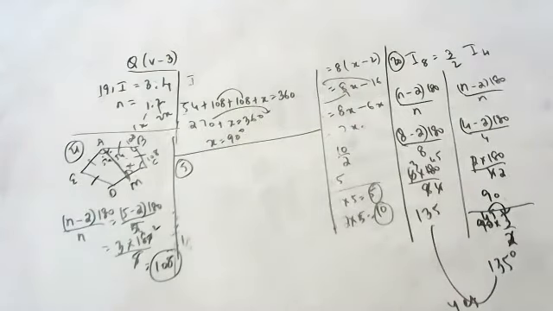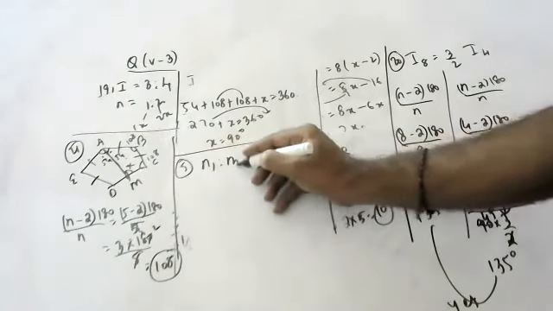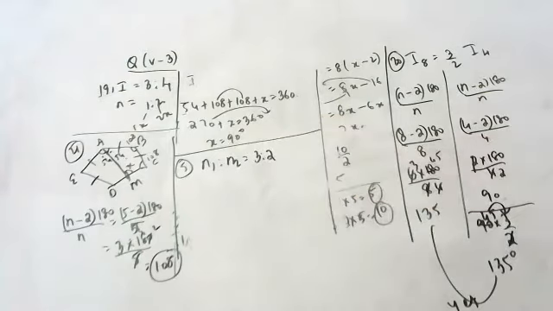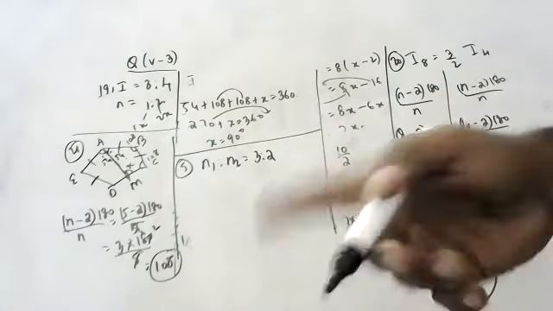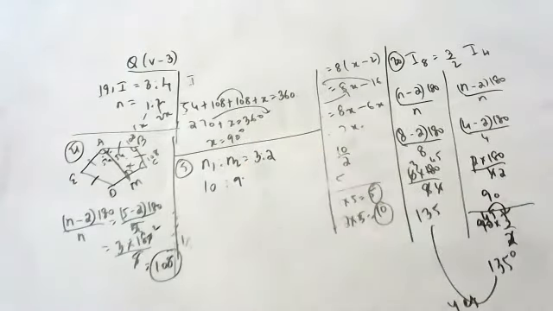Okay. Surya, are you there? Yes, sir. Last question. Two regular polygons have their sides in the ratio of 3:2, and their interior angles are in the ratio of 10:9. Find the number of sides of each polygon.